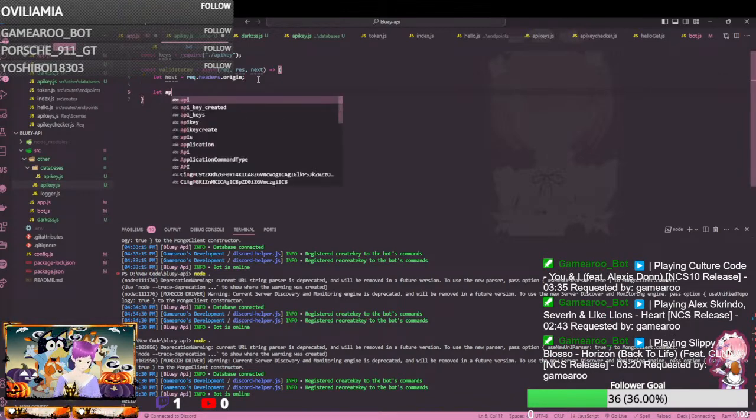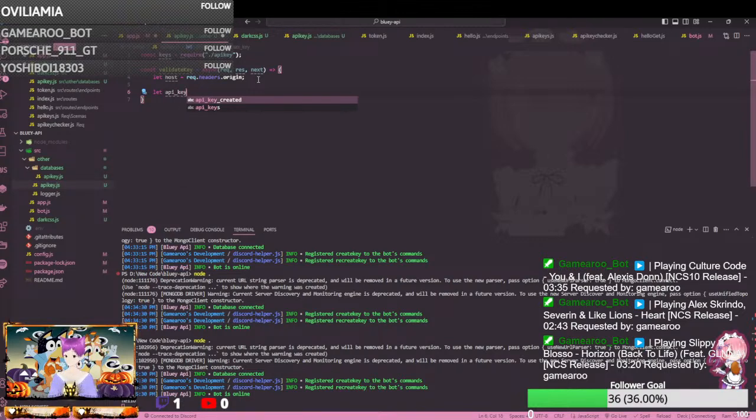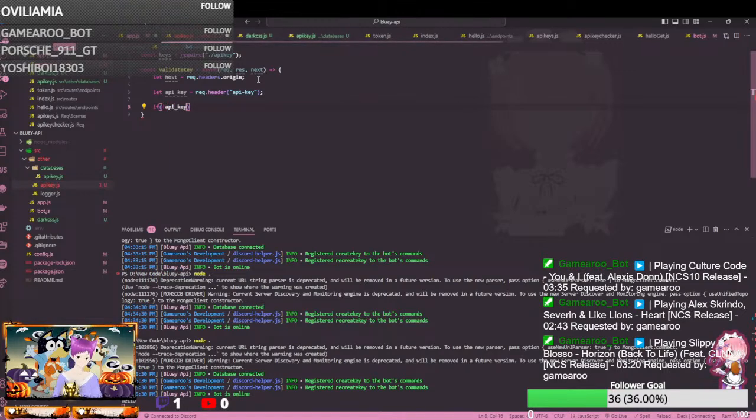We're going to let API key equal to request dot headers dot request a header. Now this is where you set the value of what the header should be. I like doing just API key because that makes the most sense. That's what my API is currently set for. So now we pulled the key down. So what we're going to do is if no API key, we're going to return